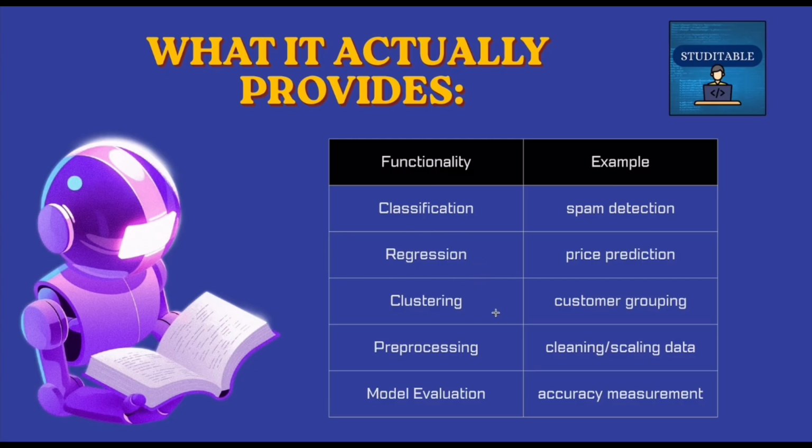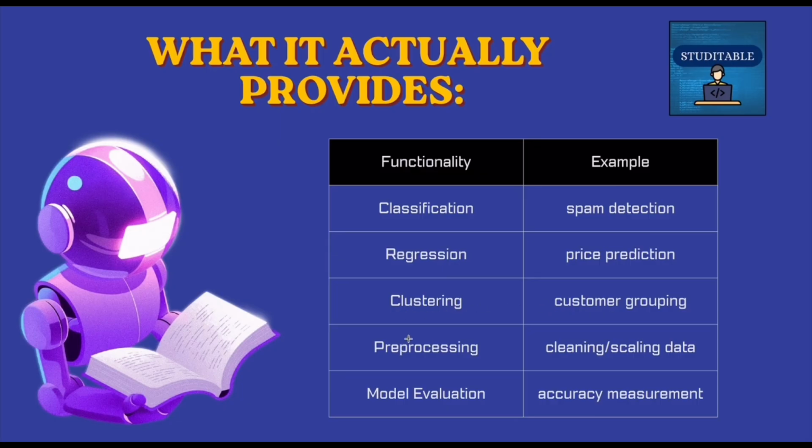Next is clustering, which is grouping similar data points together without labels. Like if we are buying something from an e-commerce website, there are a kind of customers who like a similar kind of thing, so the company groups them together and gives them recommendations of a similar kind of thing that they can purchase next time. So this is customer grouping. Customer patterns are seen, and where they can group, they group and recommend new products.